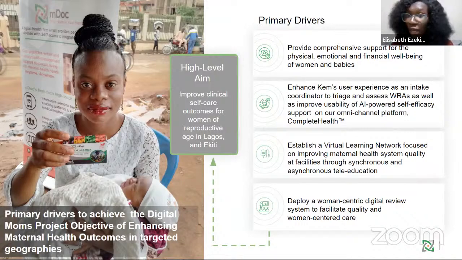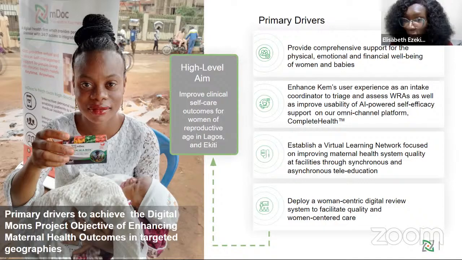Okay, so a quick run through of our objectives for us on the Digital Mom Project. Like I mentioned earlier, our goal is to empower women of reproductive age, supporting them to improve their health and well-being holistically, addressing all the elements or factors that affect or impact access to care, from physical, emotional, financial. We're also leveraging the potentials and the possibilities that actually